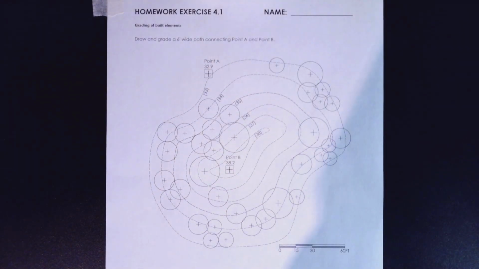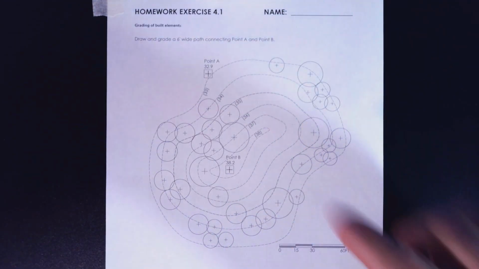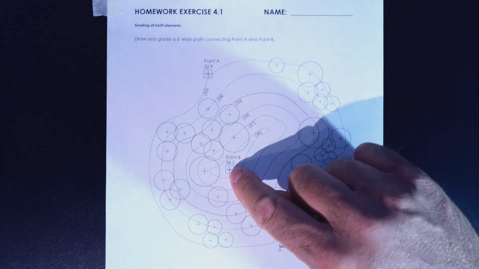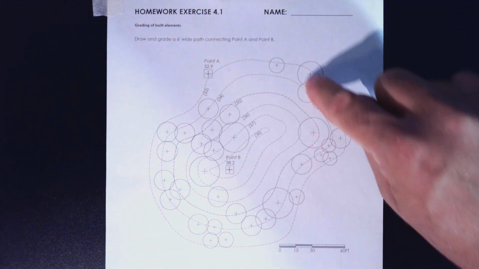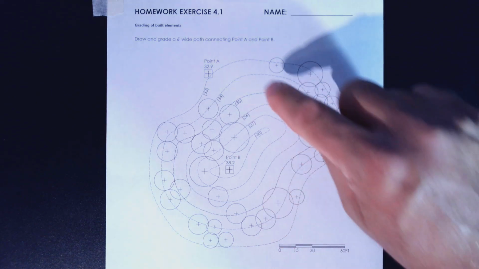This is homework lesson 4.1. For this exercise, shown here at the bottom, you're going to draw a path from point A to point B. These circles on the plan are trees, so when you're drawing in the path, the idea is to